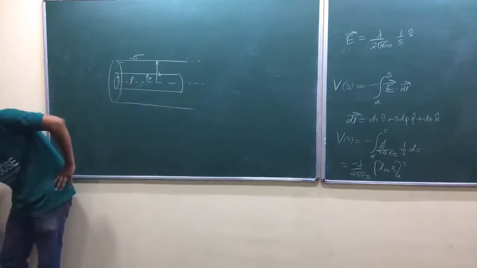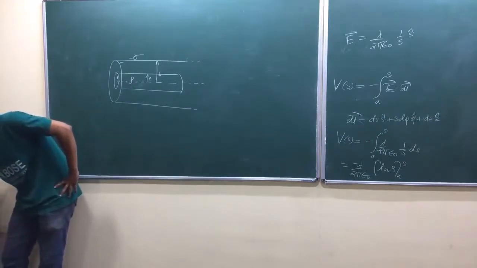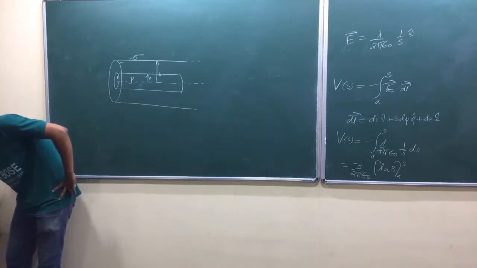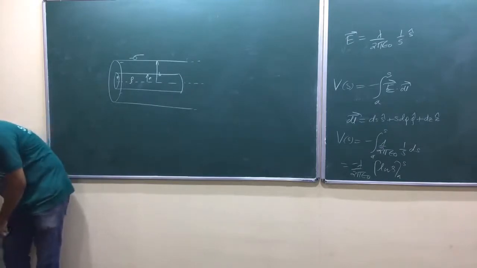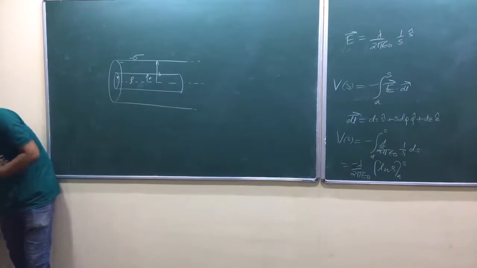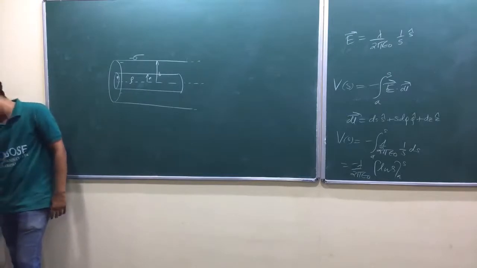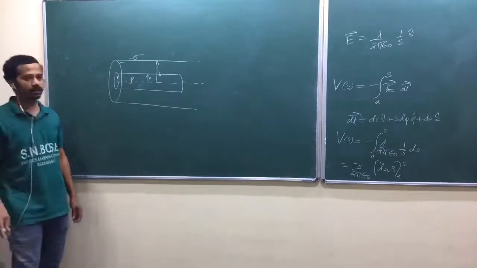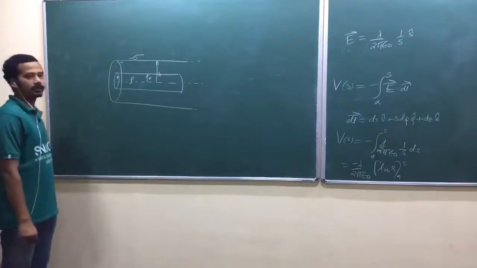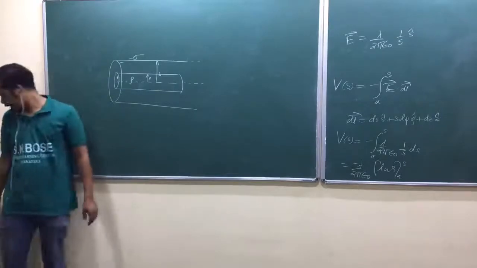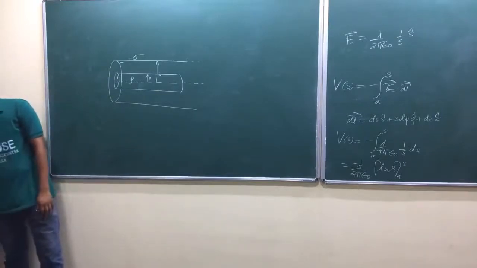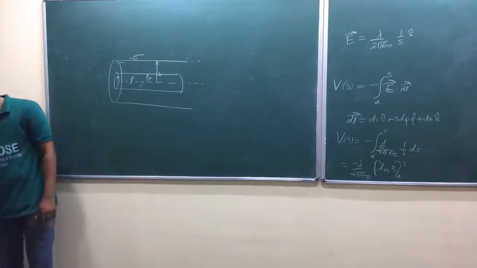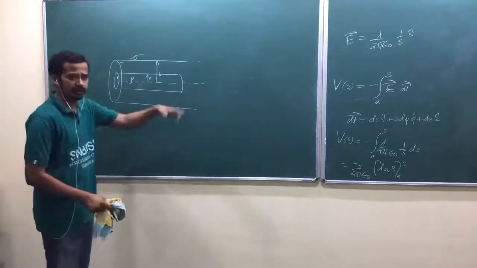The surface charge is negative and is of just the right magnitude that the cable as a whole is electrically neutral. Okay, the cable as a whole is electrically neutral. Are you getting the idea? Now, next one is find the electric field in all three regions. First we shall find the electric field, then we shall go for potential.